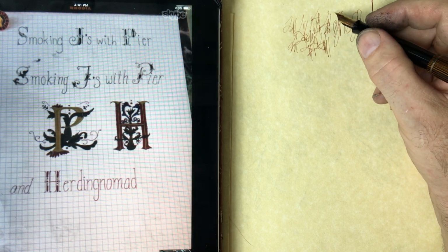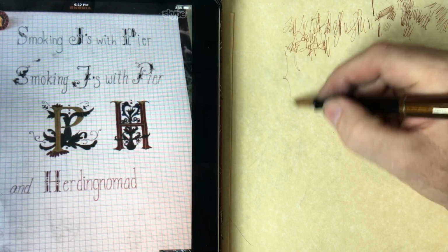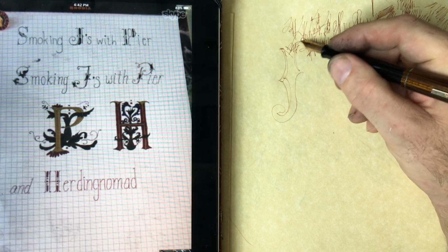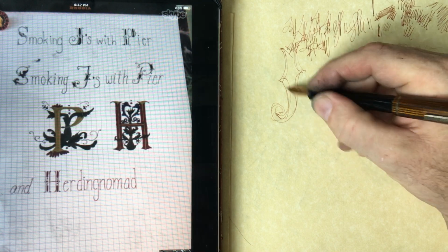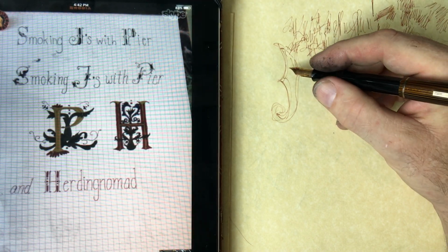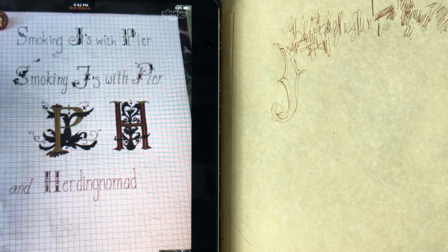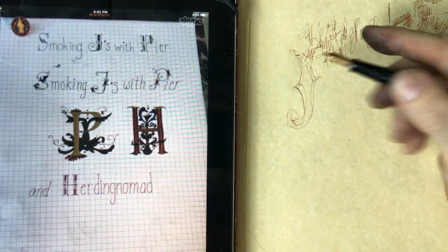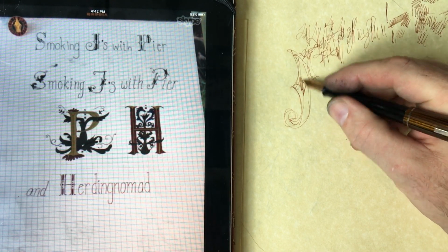And he's a calligrapher that found me sort of through a calligrapher friend of ours, Nicola Pang in California. And Jessie, aka Herding, is also from California. The title of this piece is Smokin Js with Peer, PH, and Herding Nomad. And he's going to be working on a J,